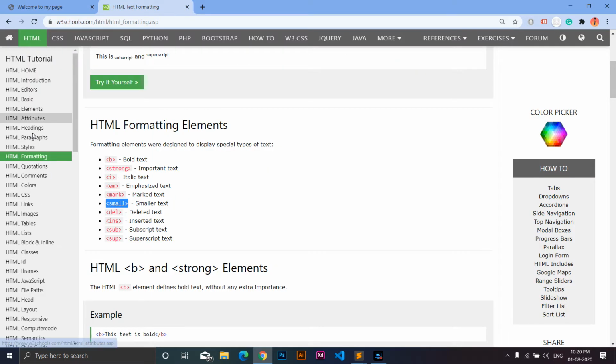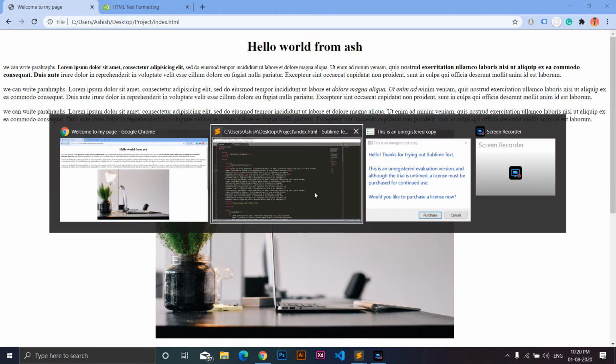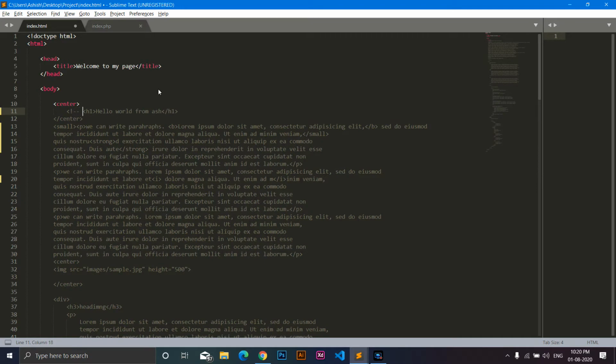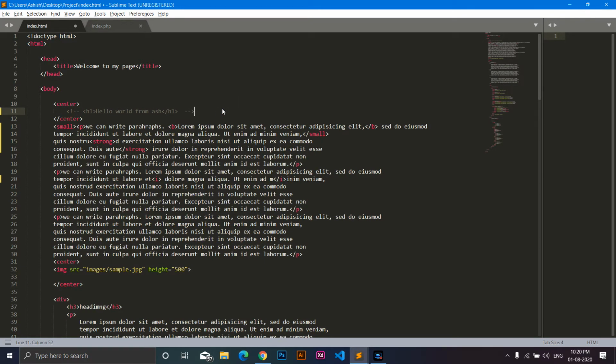Okay, now let's jump into HTML comments. Comments are like the ignored part of our text, like this part over here. If I want to remove this heading, instead of just deleting it, I can comment it out like this, dash dash, close tag.